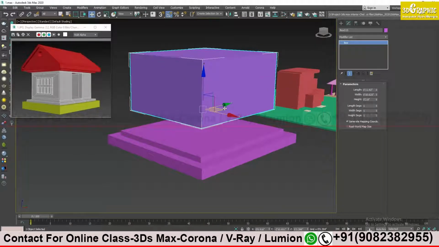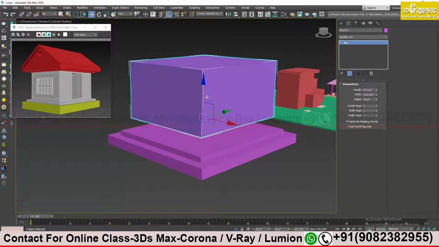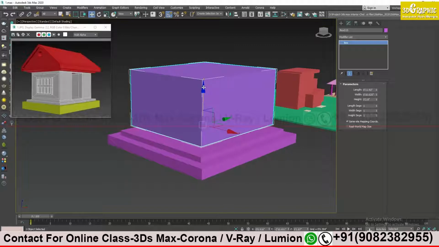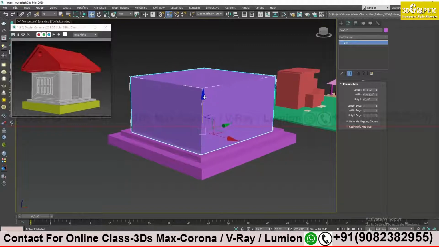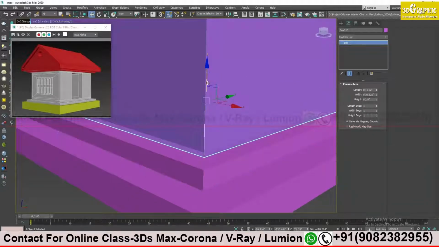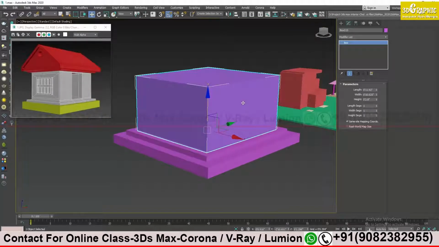That's enough. Now I have to bring my model a little bit down. Again, I will just click and drag only in one direction, only in the Z direction, until it intersects my base model. Okay, fine, that much is okay. Now the top portion, you see the top portion is a little bit triangular. Let me see what shape I can take to get very close to this reference image.